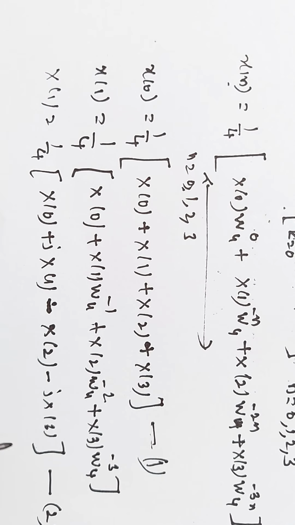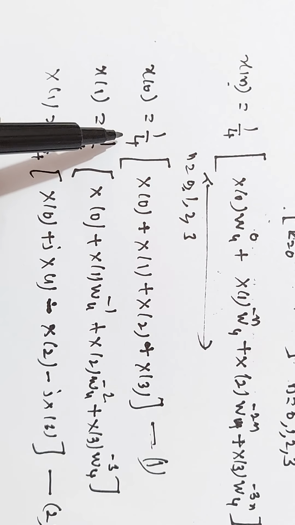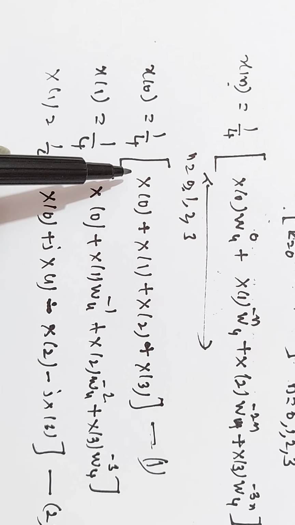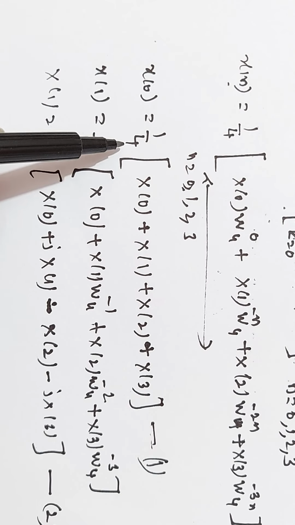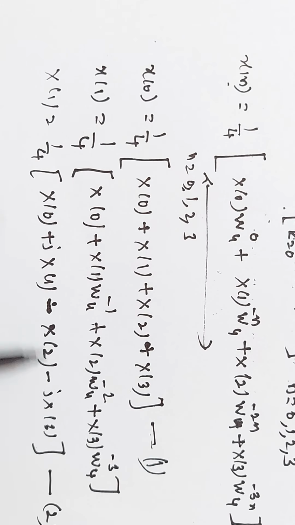The only difference between the equations of IDFT and DFT is that each IDFT equation is divided by the number of DFT points, that is 1 by 4, because N is equal to 4 here. We are discussing the 4-point IDFT, and all these equations are the same except that wherever there is a plus j, put minus j, and wherever there is a minus j, put plus j, because the samples are anti-clockwise and clockwise. In the DFT it is clockwise. Here it is anti-clockwise.